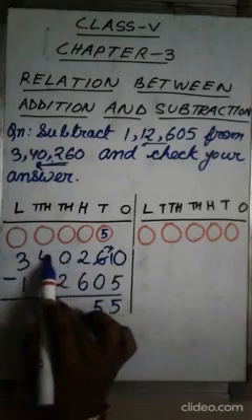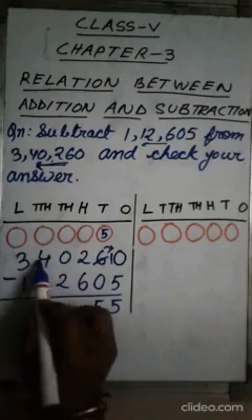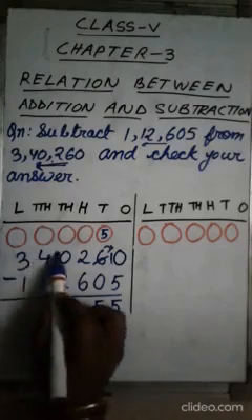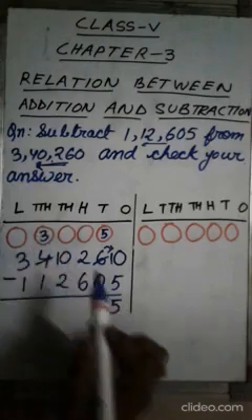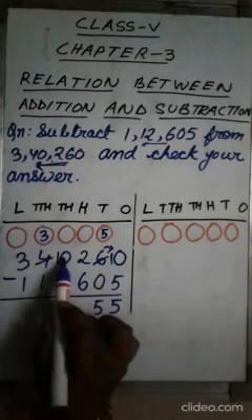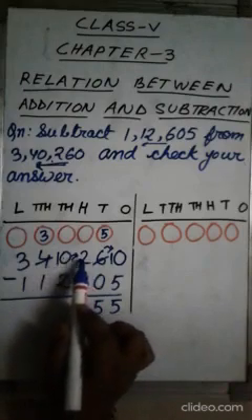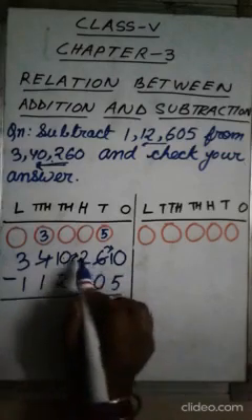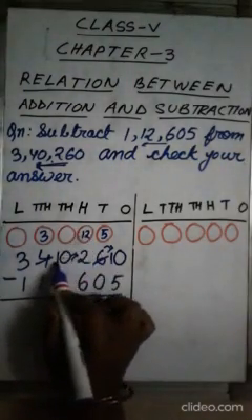Here we have the digit 4. Therefore, from 4 I shall borrow 1, it becomes 10. This 4 will be 3. From 10 I will take 1, so this 2 will be 12 if I take 1, and this 10 will